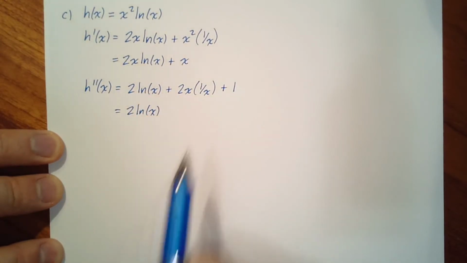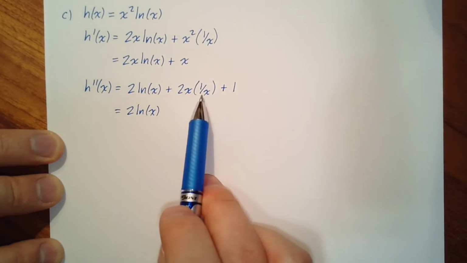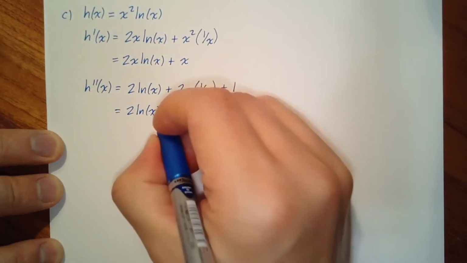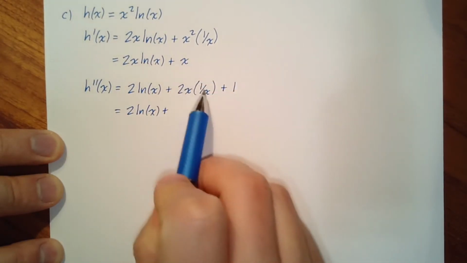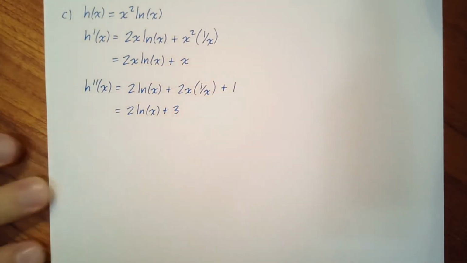All right, so what do we get? 2 times the natural log of x. Here we've got 2x divided by x. The x's will cancel, we'll just get 2. So this is really just 2. We add 1, so we get 2 ln x plus 3. All right, so